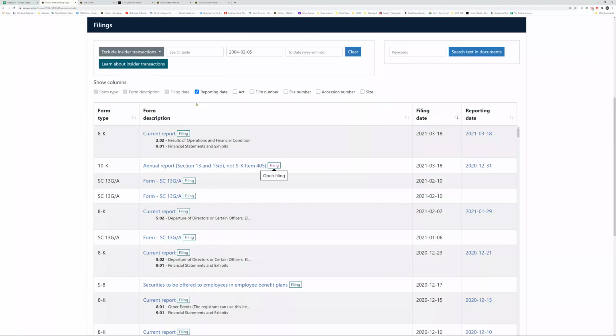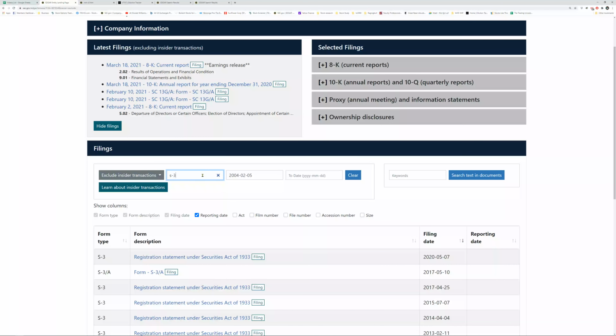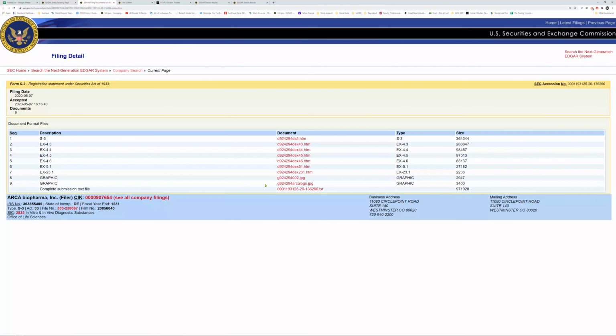So let's say I wanted to find out if this company had a baby shelf. I'm sorry, had a shelf registration. And so I just type in S3, right? Okay, well let's see what this S3 is, filed in 2020. Well, we click on it and it's showing you, here we go. We just click on this document here and it's going to bring up all of this